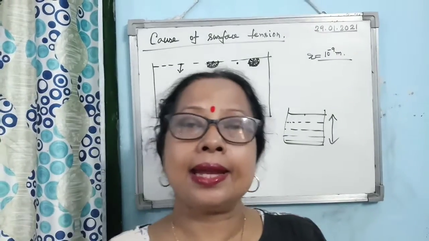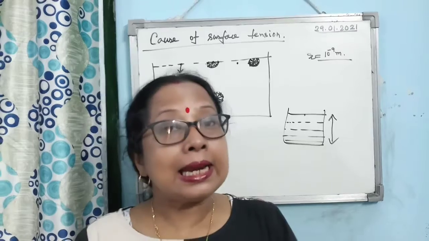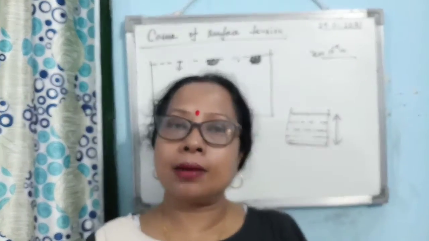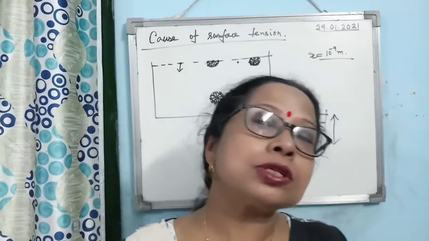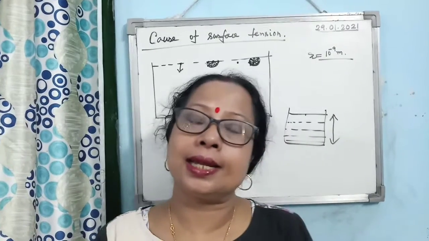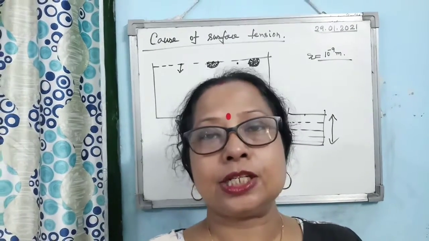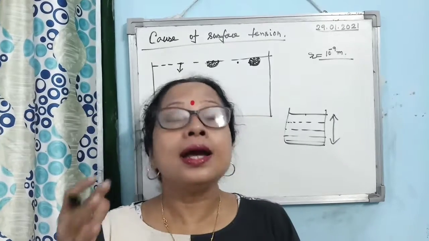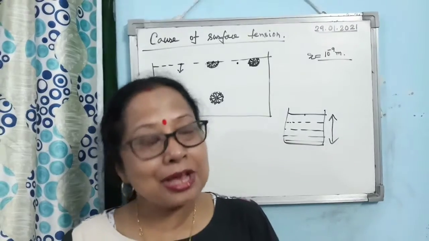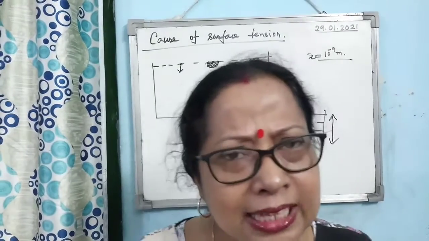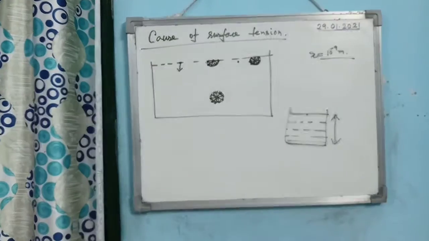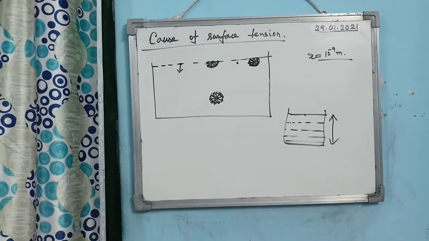Because only then it has to accommodate fewer molecules on the free surface, and accommodating fewer molecules means it has to spend less potential energy to maintain their position, opposing the net downward intermolecular force. Okay, so this is the nice explanation or cause of surface tension. I hope you have enjoyed it.